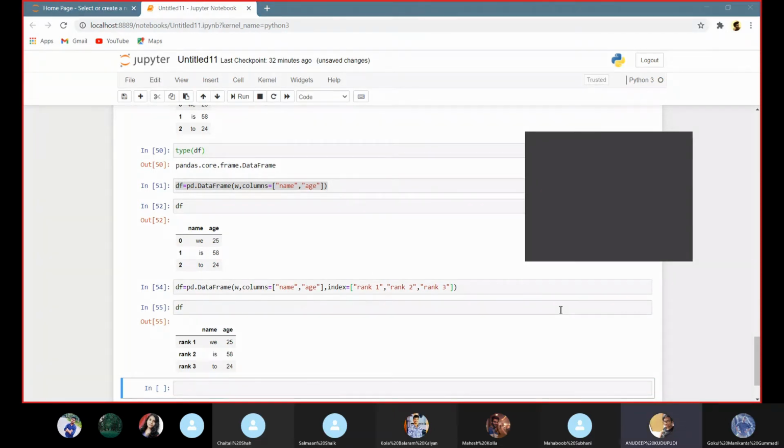So this is how we can add the column names and row names for a data frame, using a dictionary for creation of the data frame. By using the dictionary for creation of the data frame, first let us create a dictionary. So we have to use the flower brackets for a dictionary.